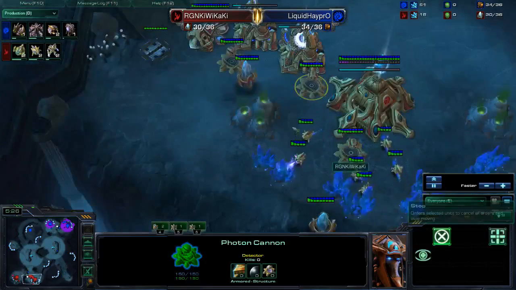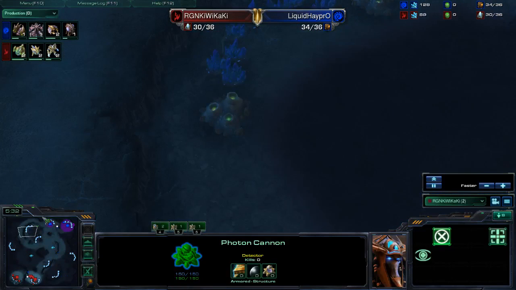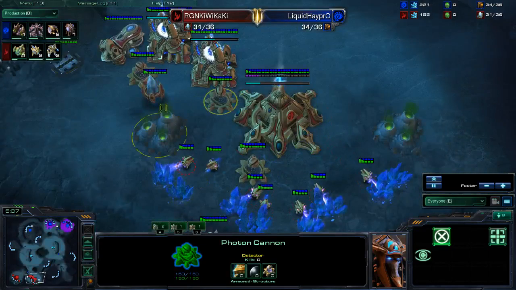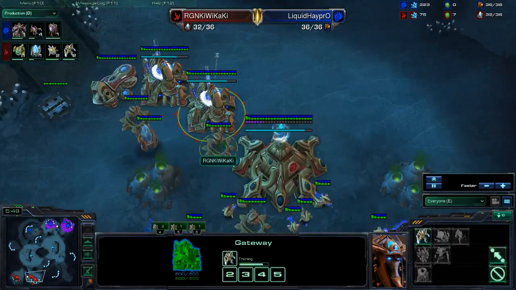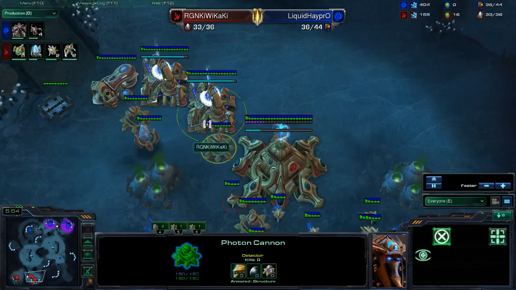And, interesting, we see Kiwikaki is getting this 3rd cannon. I wonder if he expects there to be some type of all-in or some type of pressure from Haypro. He doesn't know about this 3rd base. I think the drone did try to go and scout there, so I think that he might be expecting that there is some type of pressure, which is why he dropped this 3rd cannon down, but at the same time